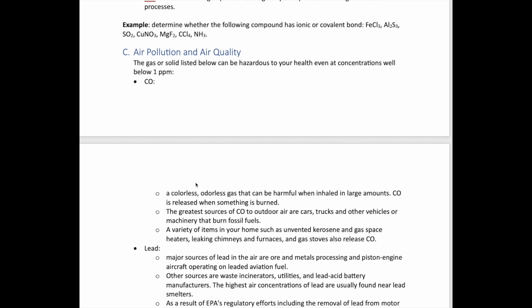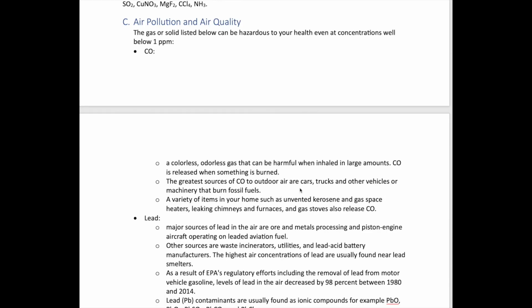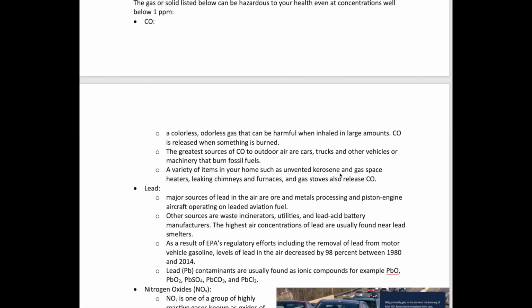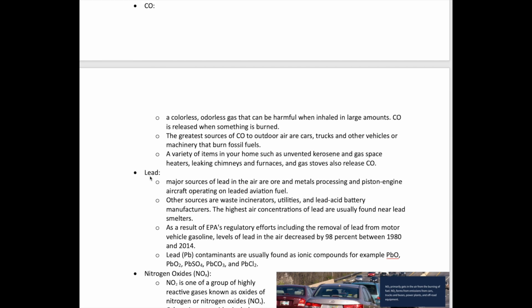This is colorless and odorless, so it's particularly harmful that you can inhale it without even knowing it. We usually get carbon monoxide when we burn something incompletely, meaning that you're doing a burning where there's not enough oxygen. This happens, for example, when you run your car in a closed garage, so the amount of air that's available in the garage is less than what you would expect in open air in a parking lot, for example. And a lot of other old combustion equipment like kerosene and gas cookers tend to release carbon monoxide as well.